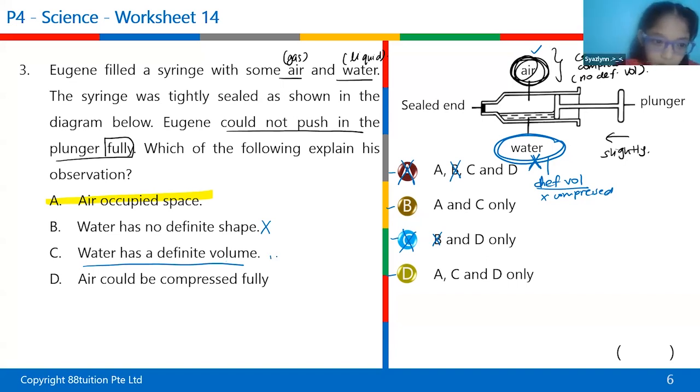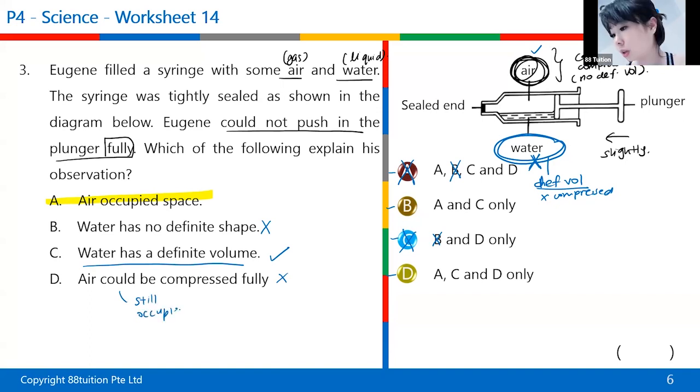Okay. How about D? Can air be compressed fully, completely? Shaslin. Good. Air still occupies space. So it can